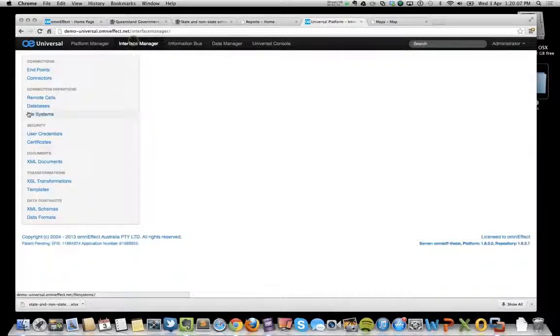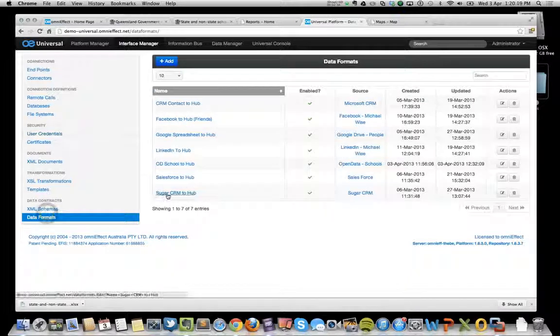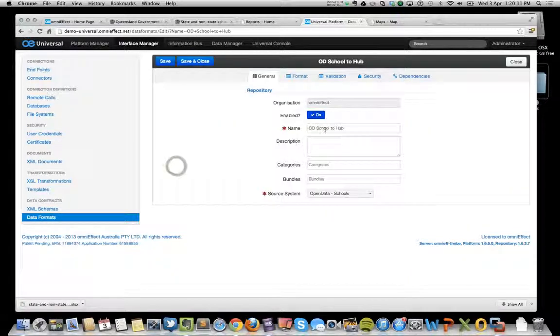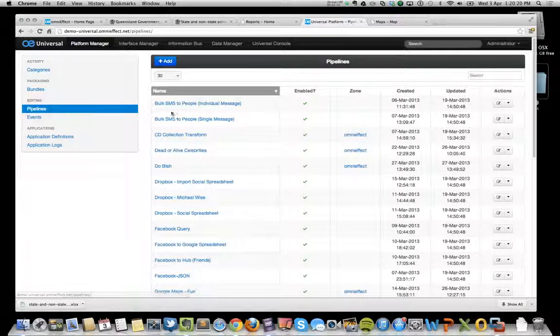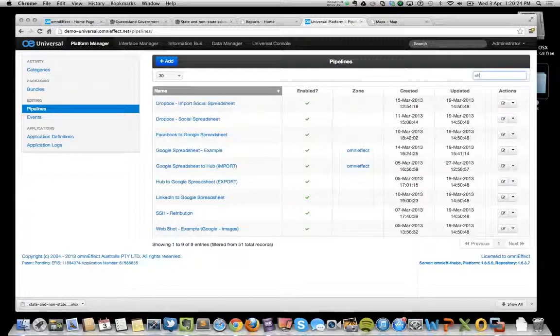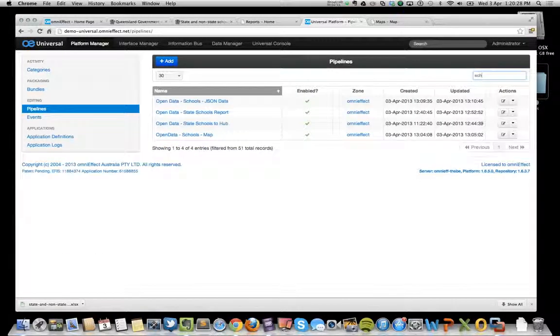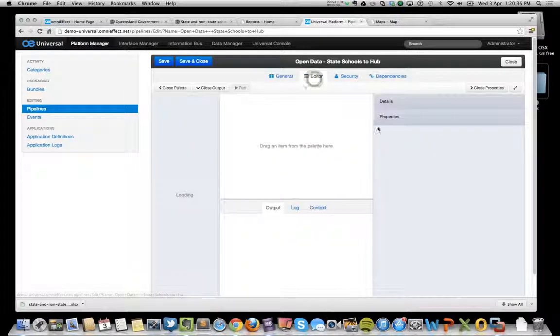Then to glue it all together, I needed to create what's called a data format to be able to import that data into a special location so I can study it. From here, I then use my pipelines. So I go into pipelines, and I created a school pipeline here to simply import that information. If I just quickly look up schools, here we are, I've got a state schools hub. Inside that editor,